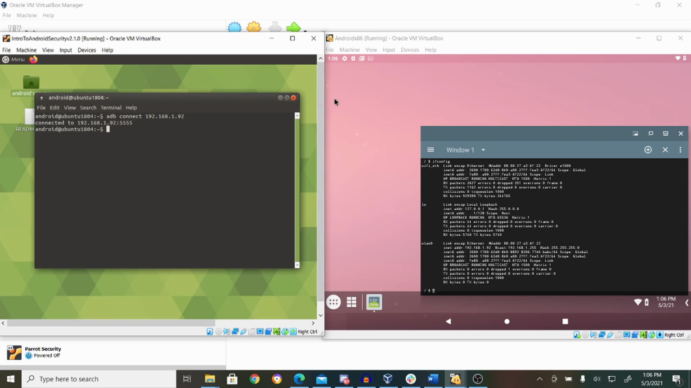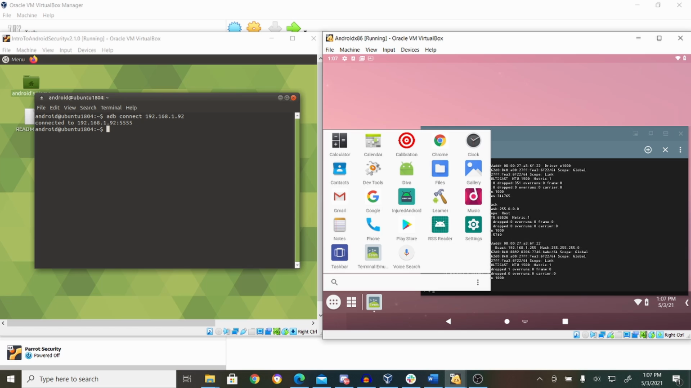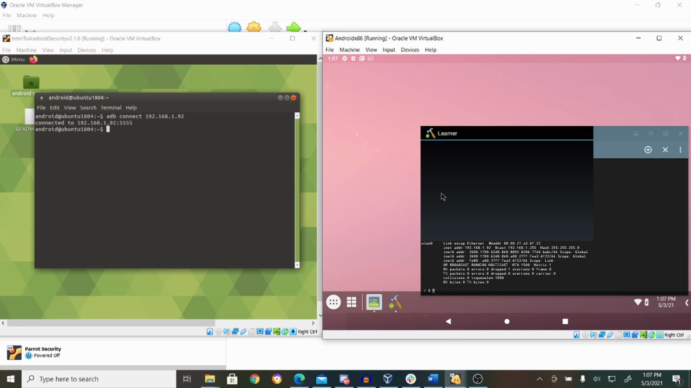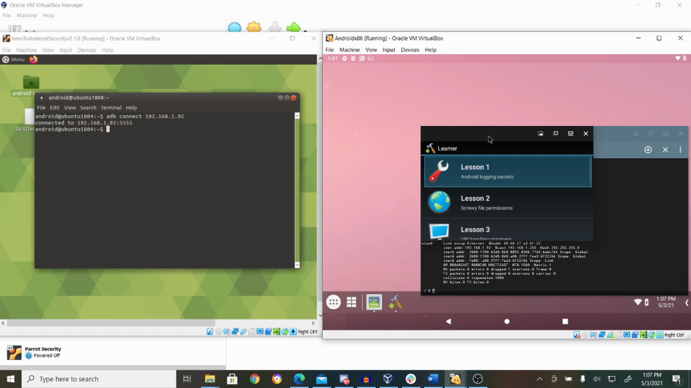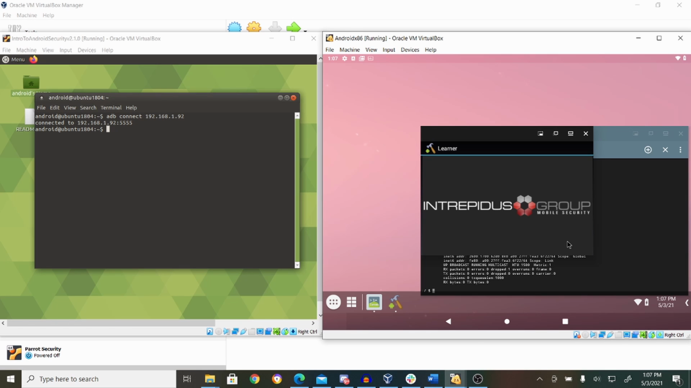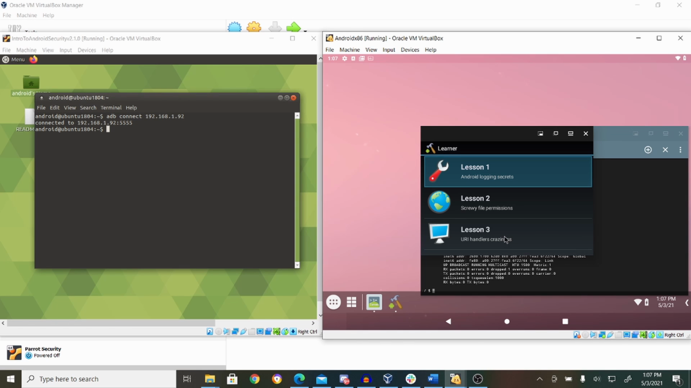So now, inside of our emulator, let's go to the 6 dots, and I'm going to click on Learner, which is the IG Learner app. And I'm going to make this bigger. And we're on lesson 3, which is URI handlers craziness. So if we click on this or double click,